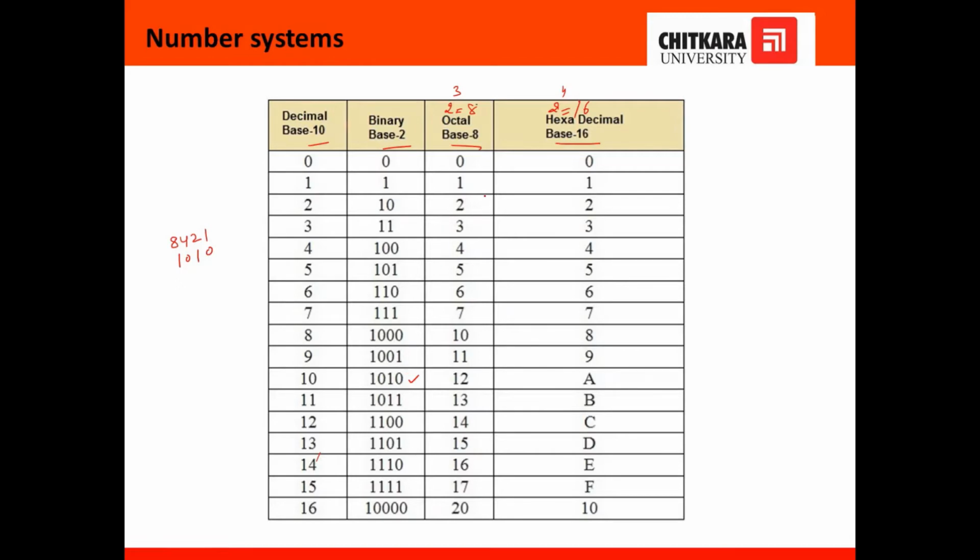Next is the octal number system. In the octal number system, they represent 0 to 7 in a similar way, but after 7 they write 10, 11, 12, 13, 14, which shows that 8 or 9 are not in the octal number system. Why so? Because if I want to write 7, then I can represent it in 3 bits. But if I want to represent 8, then it needs at least 4 bits. Because if I just cross it, then it becomes a 0. It never ever forms an 8. So in order to represent 8 and 9, we need at least 4 bits.